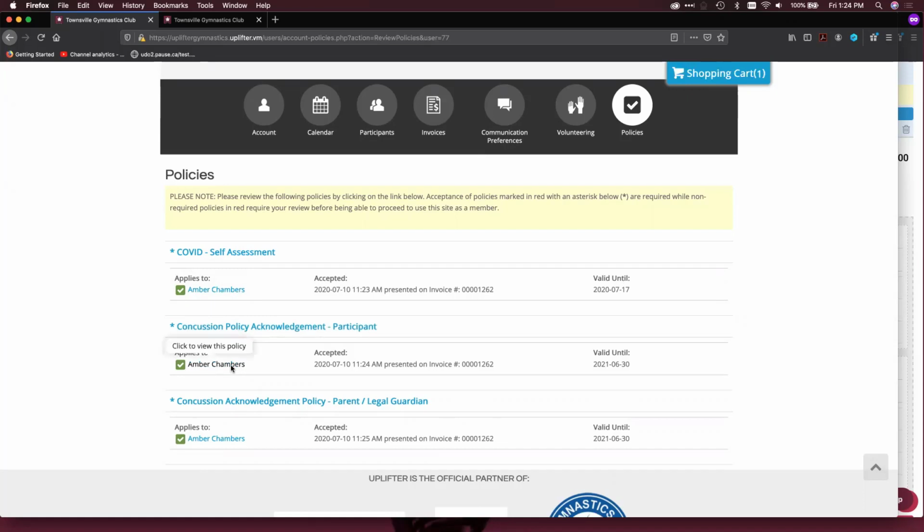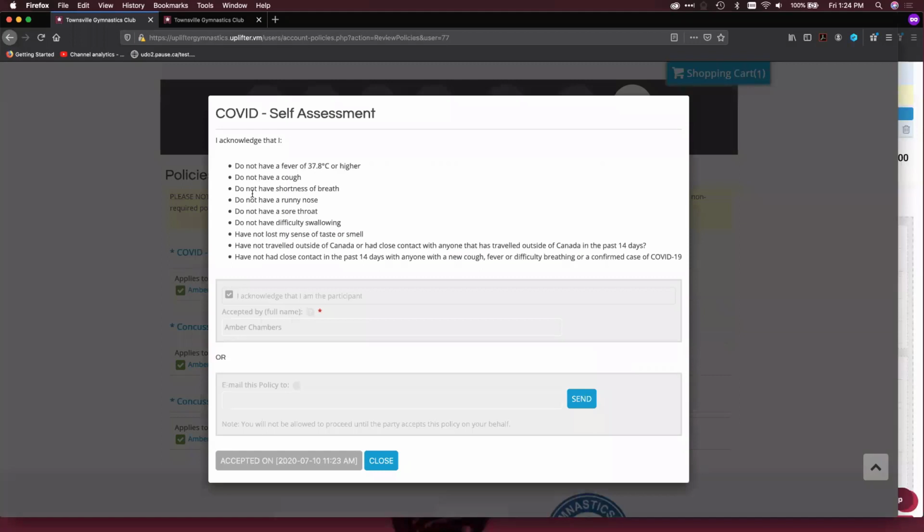They'll see any of the policies that are still in effect and when they're valid until. Any of the policies that you've set with an auto renewal date would also appear here, and when they've expired, they would appear in red, and they would be asked to accept that policy again before they're able to proceed with the rest of the site. So all they need to do is click on the name, and they'll see the policy that they had previously accepted or need to accept, and they can then re-accept the policy at that time. So that's basically how the new policies features work.